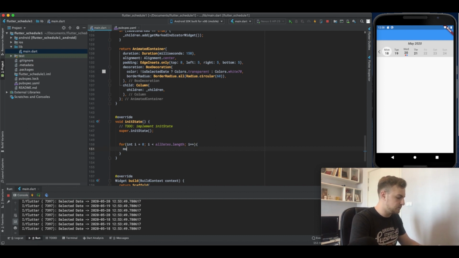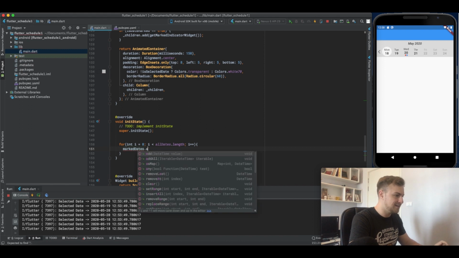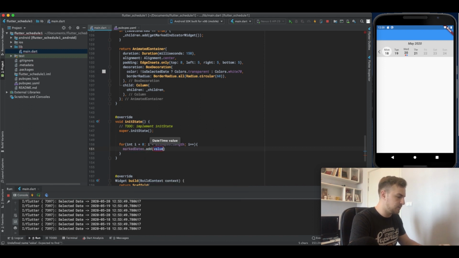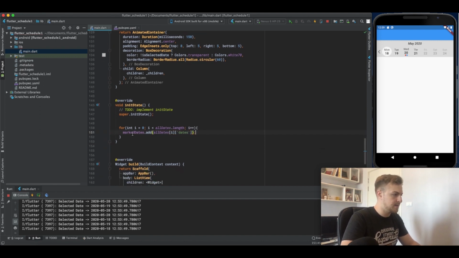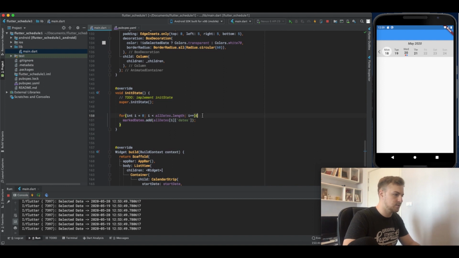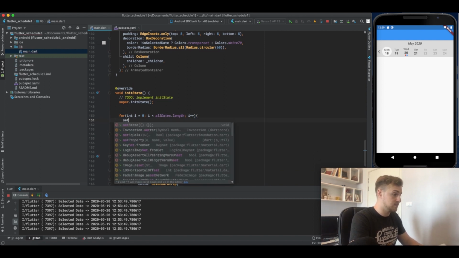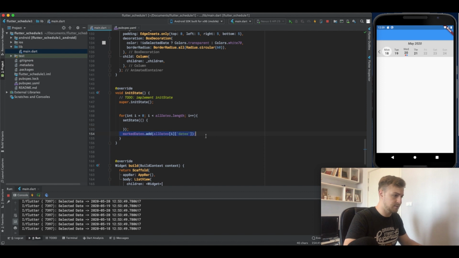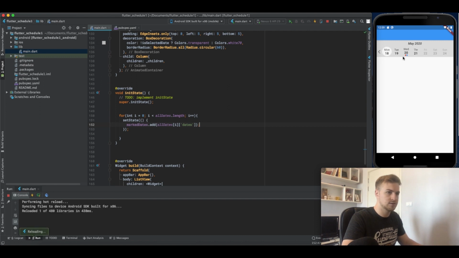So we're going to do marked dates dot add, and we're going to add all dates, only the dates. All right. And we have to set state for this to happen, so that once the app opens, all the marked dates will be set. So let's see if that works. If we restart the app,